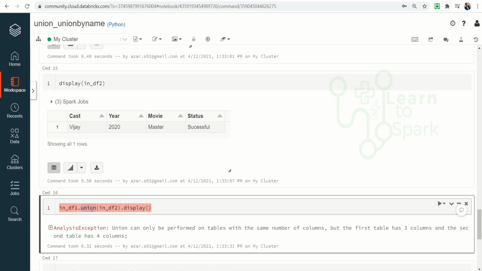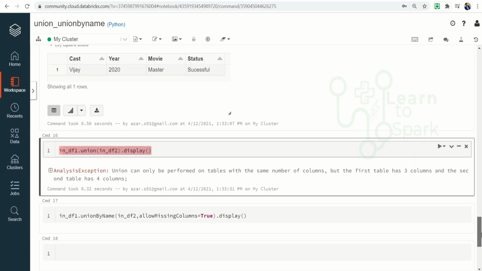To overcome this, if we are using union, we have to pre-process the data of data frame 1 first. We have to add the dummy column first, and then we have to use union. But in union by name, it is made very simple.